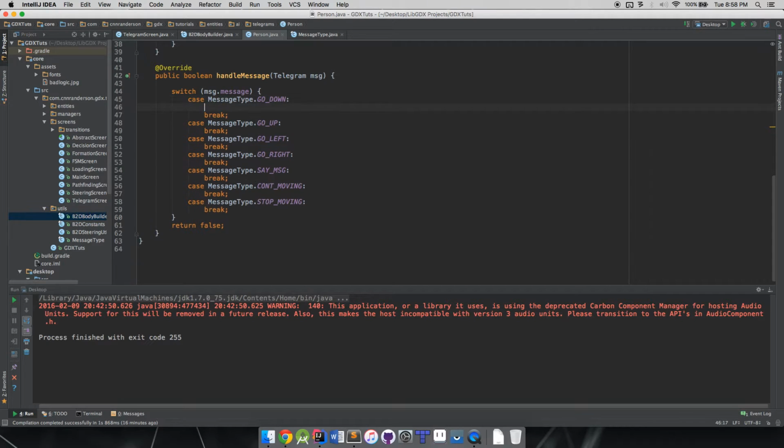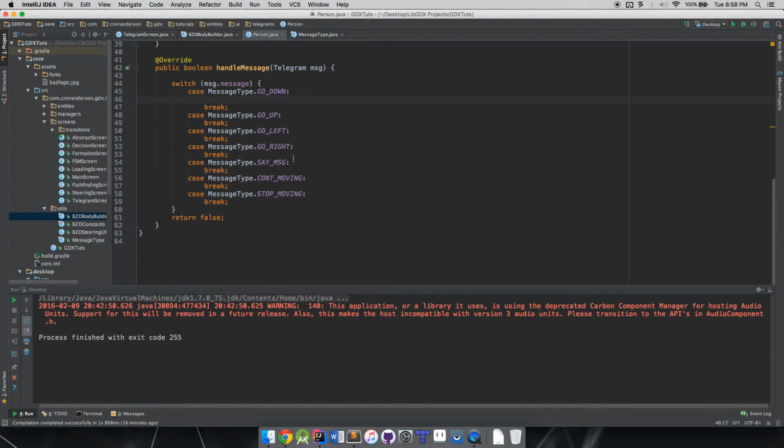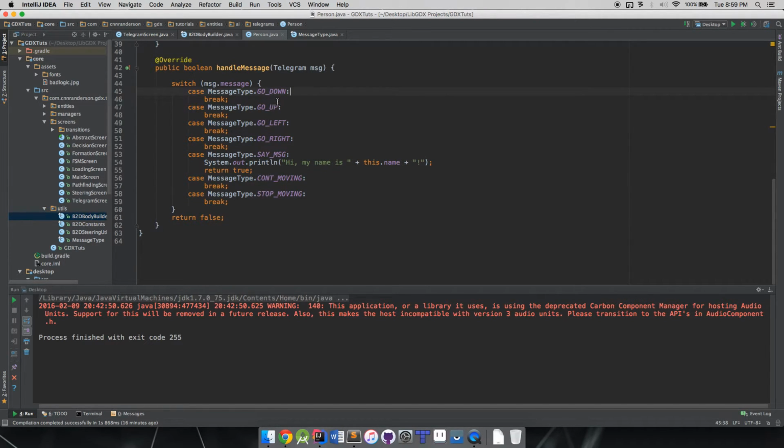So what I'm going to be doing for the easiest case is the say message. The say message is just going to say the name or some kind of phrase. So first off, we need to have it return true because the message is getting handled. And in here, we're going to do a simple print statement. This is going to be the easiest of easy messages. So, hi, my name is, and we'll have him print out his name, and that's it. That'll just get printed to the console the second he receives the say message telegram